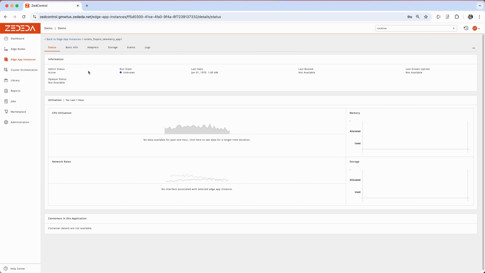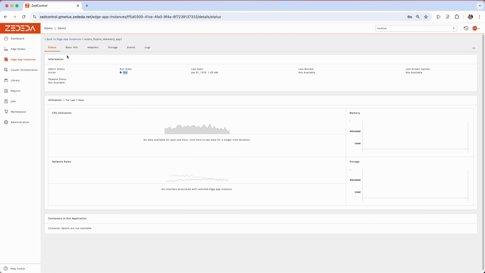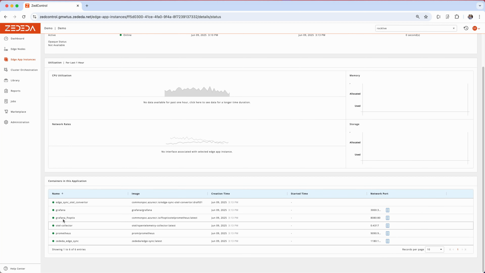the device will pick up the configuration update, and the app state will go through different stages into init, loading, and then running. And then you should be able to see here the containers that are part of this Docker Compose. The state now is under init. Now the state is loading. And now the state is online, and you can see here all the containers and the responding state of each